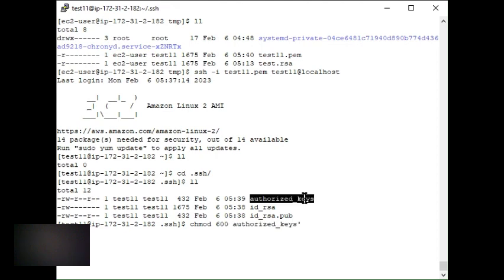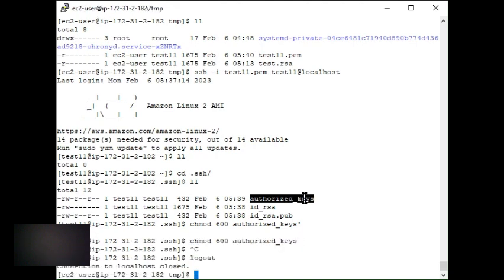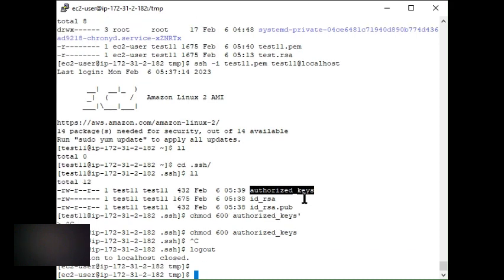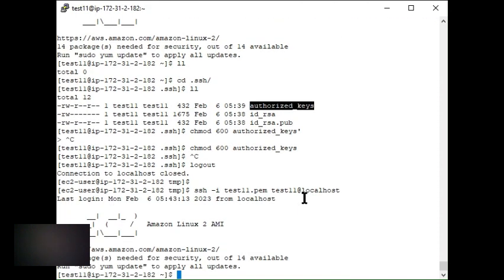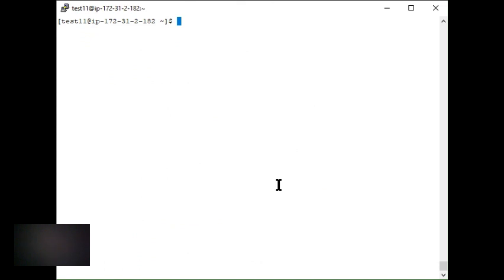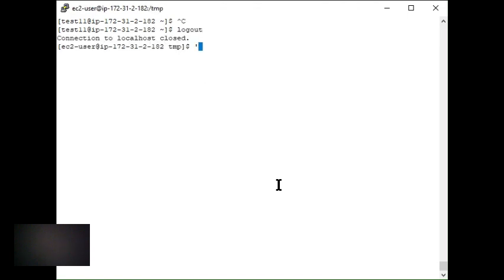Authorized keys, again try to log in. Yeah. Okay. So if I want to create the same user on the server, then what is next? How can we use the same key to log in on another server? So for this, let me